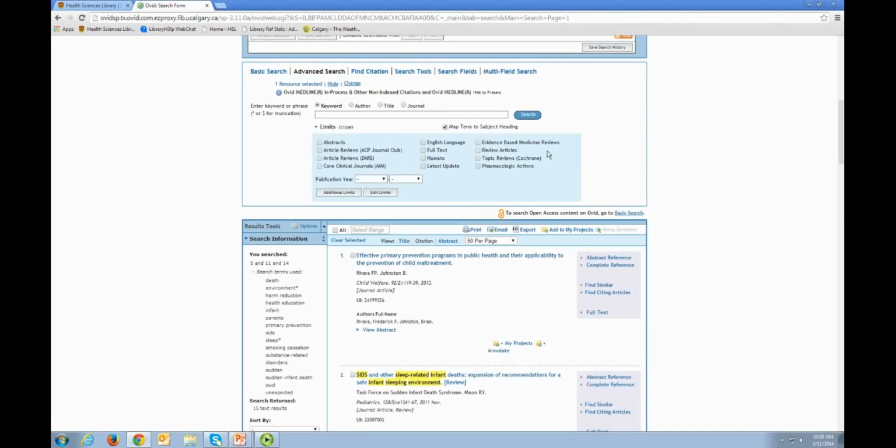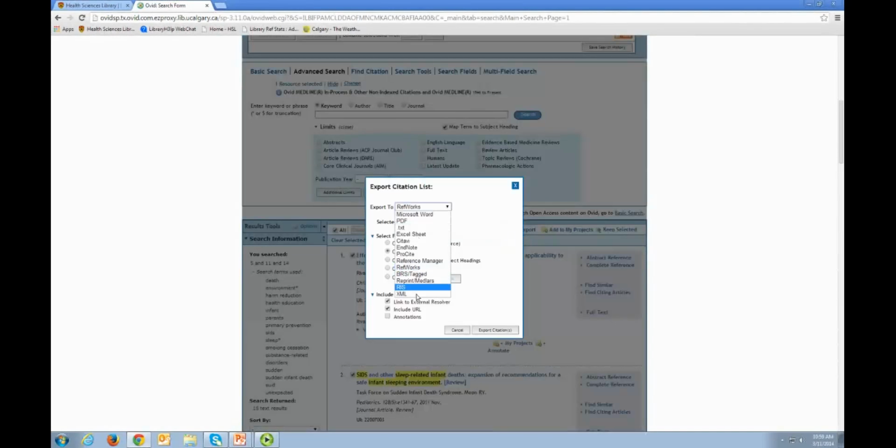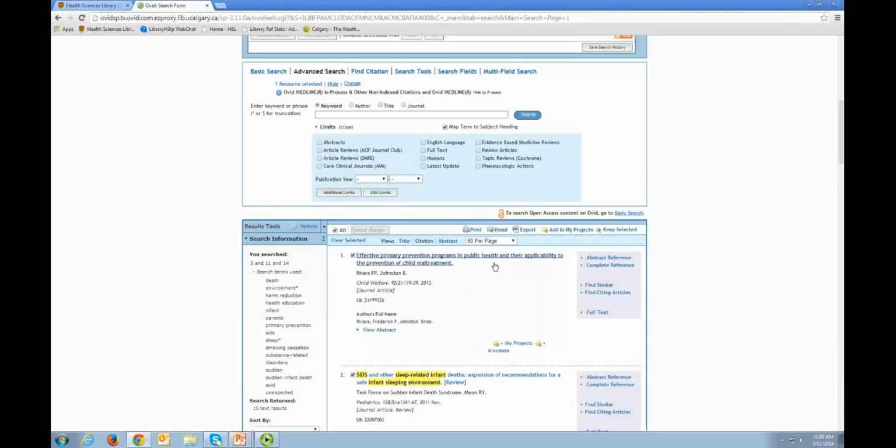You can also export your results to a citation management software program such as RefWorks or EndNote, or convert it to a file and use a different open source program. So what you can do is select All and Export. Choose your program or file type. Always use the complete reference because these programs need all the juicy bits of metadata, so always select the complete reference and make sure that the link to external resolver and include URL are both checked, and then you simply export the citations. One thing to note is RefWorks sometimes can't handle more than 200, 250 results at a time,